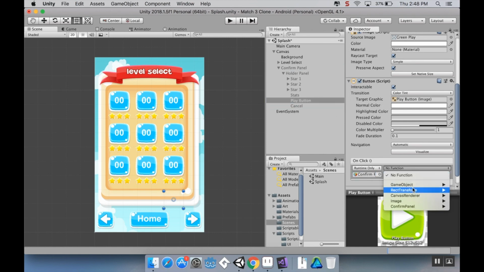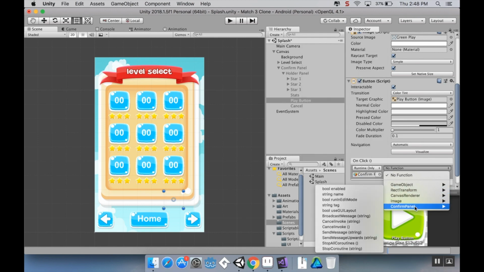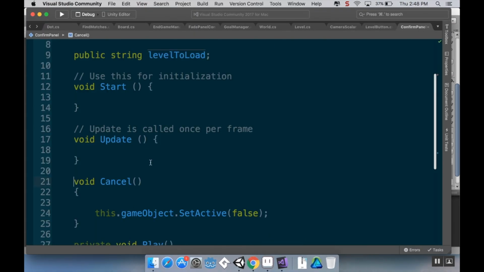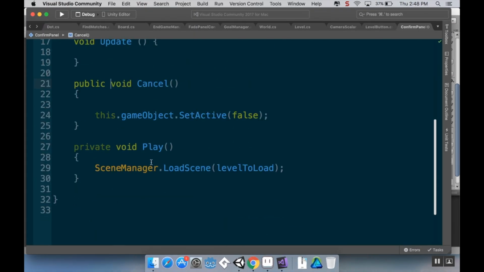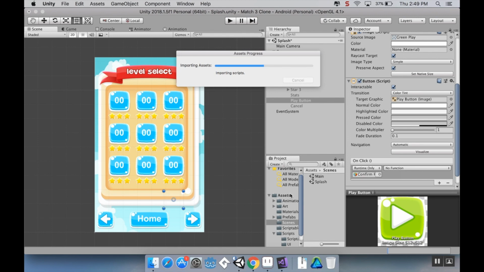Now we can access some built-in functions with a game object, or we can go to the confirm panel script. So on the confirm panel script, I didn't make those methods public, which I need to do really quickly here. So this should be public void cancel, and this isn't private void play, it's public void play. I'm going to save that again, and before I go back, I'm going to do the same thing to my level button. So this is in the level button script. I'm going to change that confirm panel to be public as well. Save my scripts, pop back into Unity here,